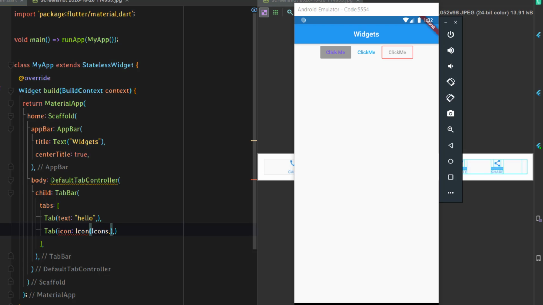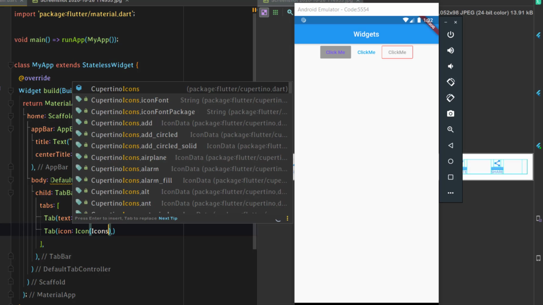Icons dot, we'll take any one icon here itself.